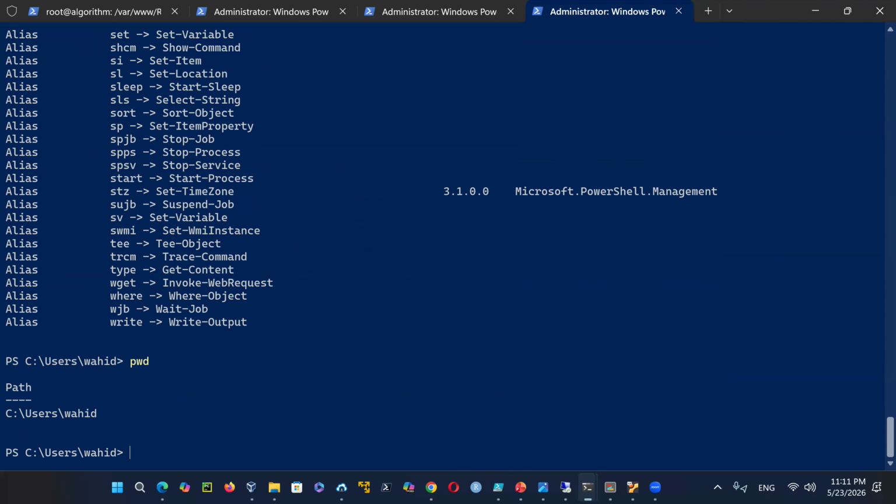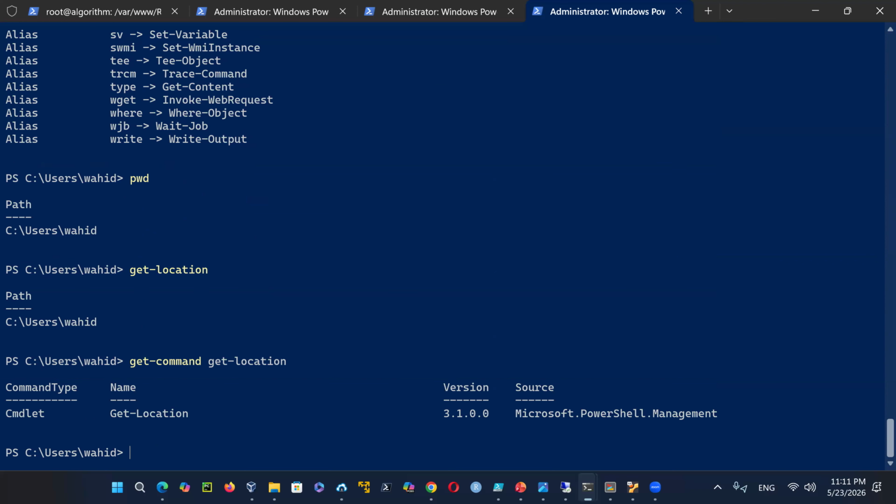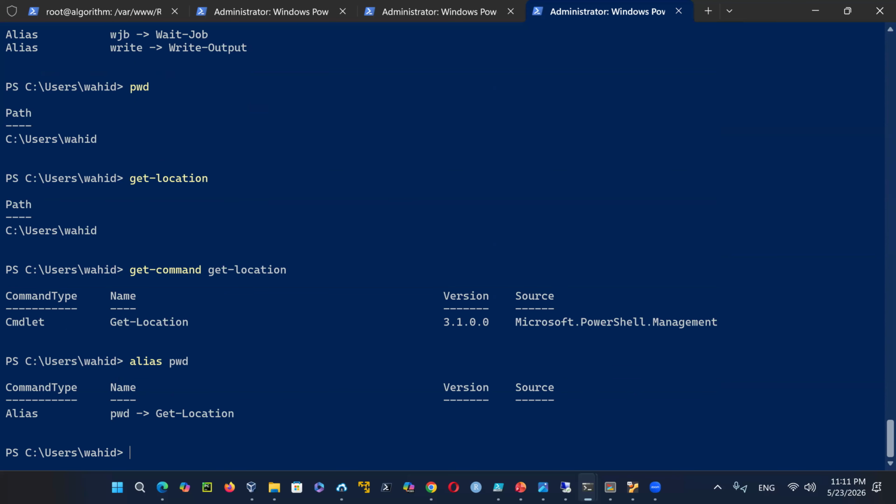Like if I type in pwd, print working directory, which is a Linux command, but get dash location will also give you the same thing. So if I say get dash command and get dash location, it is actually a commandlet. This is a commandlet, get dash location. But alias pwd is an alias that's pointing to get dash location. So I will teach you also PowerShell, Python,